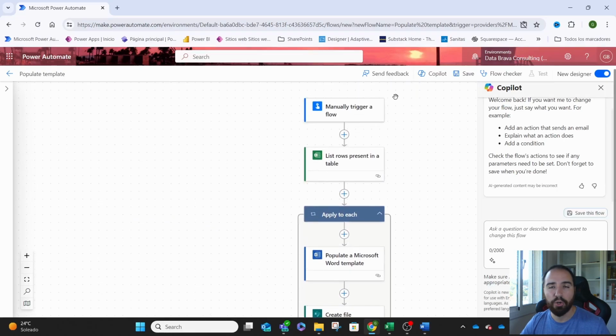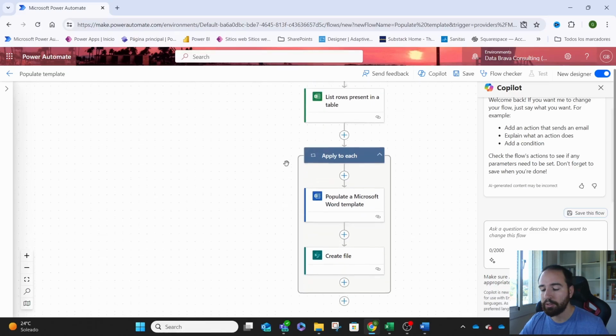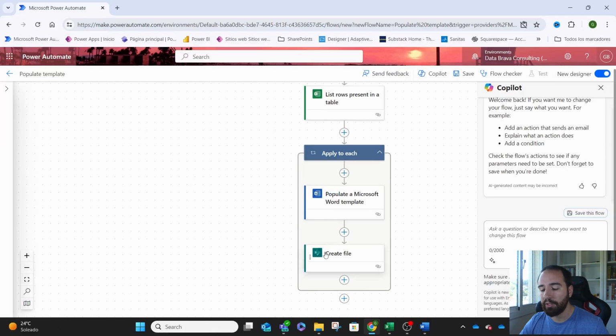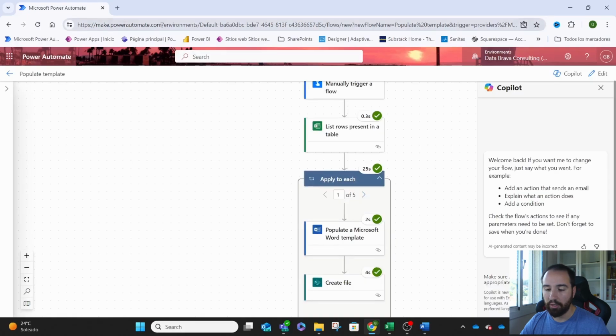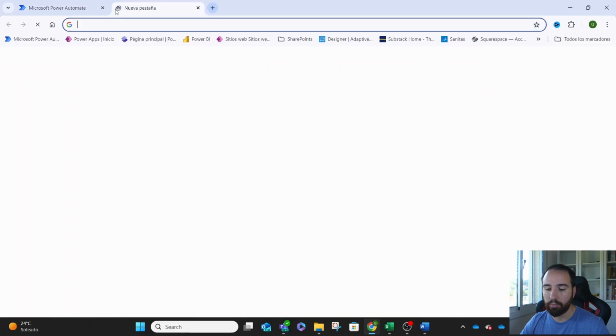We manually trigger it. This could be scheduled if you want. If you are going to do this on a weekly basis, for example, you can schedule this flow automatically. It's going to pick up all the rows that we have on our document and then populate the template and create as many files as we need. If we save this and we test it, and now if I go to where we have those documents,